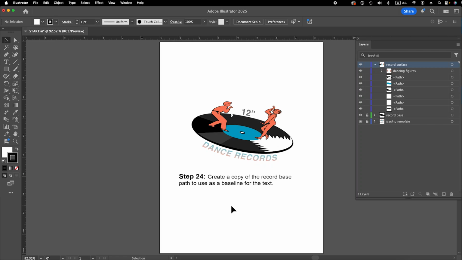So we're now on step 24, and that's create a copy of the record base path to use as a baseline for the text. So we're going to take this oval record base and turn it into a type path, which allows us to contour the edge of the record. So 12 inches, you notice, is on a little bit of a curve, and Dance Records is on quite a bit of a curve. So let's click the Create New Layer button in the Layers panel,